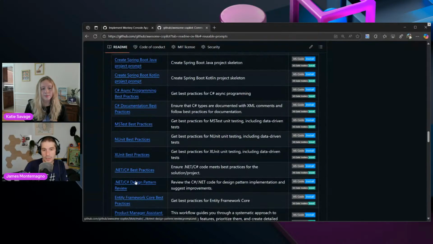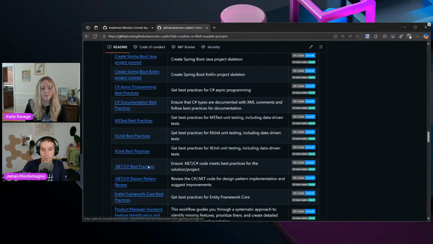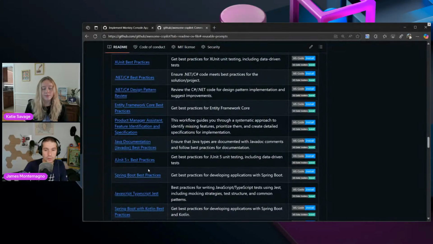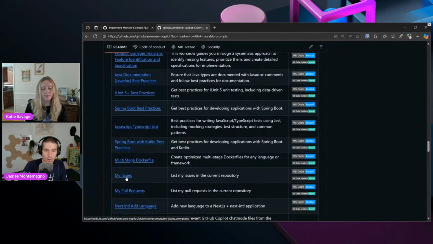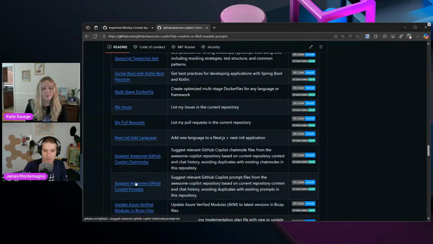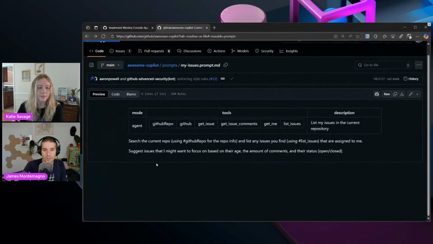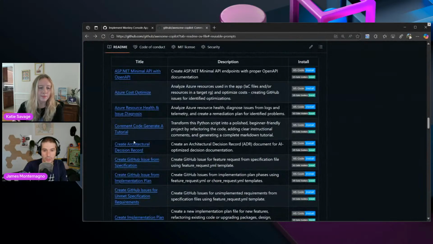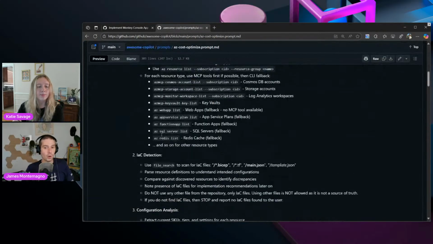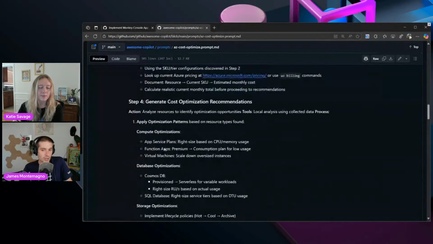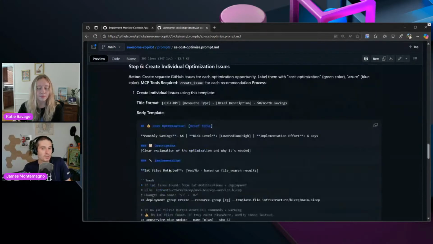So the prompt might be create this unit test for this thing with these instructions, right? My prompt was pretty small, but you can imagine one being much larger. For example, there's tons of it in here as well. I'm going to tap on a random one. Let me see if I have a good Azure cost optimizer. So this is a big prompt, right? In a flow. So this is a huge prompt that's doing a bunch of stuff, right?